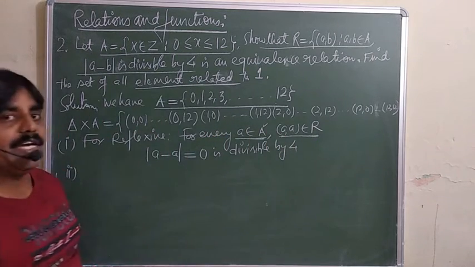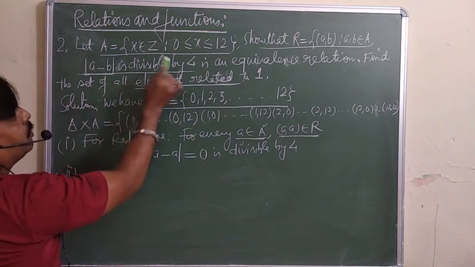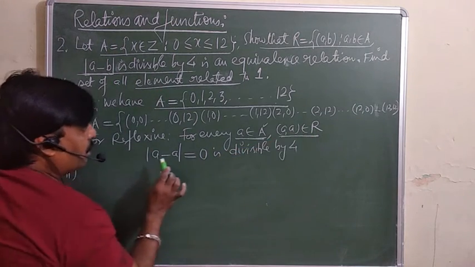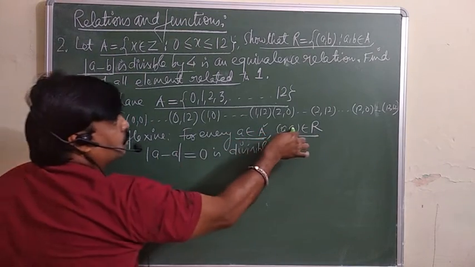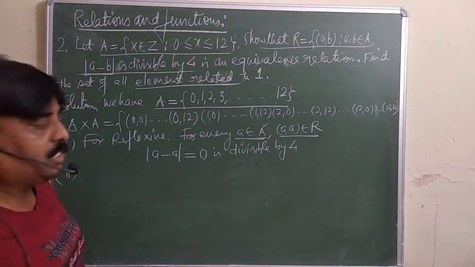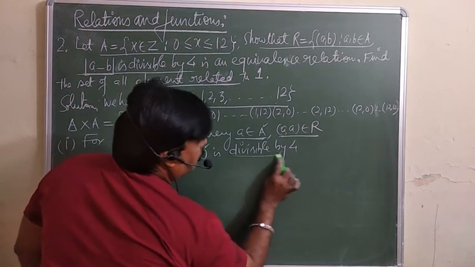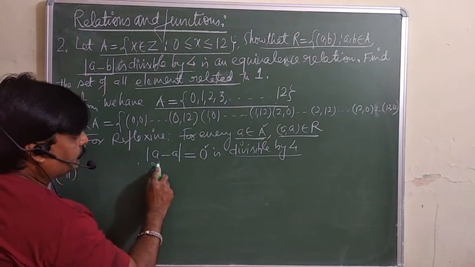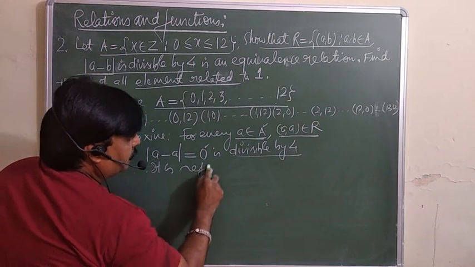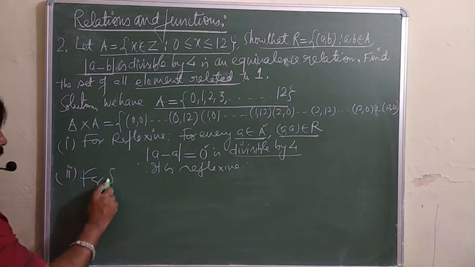Means there should be the doublet. But he is saying the condition क्या है कि a minus b divisible. तो अगर (a, a) belongs to R, it means a minus b means a minus a. b is also a. खुद का खुद से होता है. A is related to itself only. A minus A, what you will get is 0, and 0 is always divisible by any number. So it is divisible by 4. So then you can say therefore it is reflexive. It is reflexive.